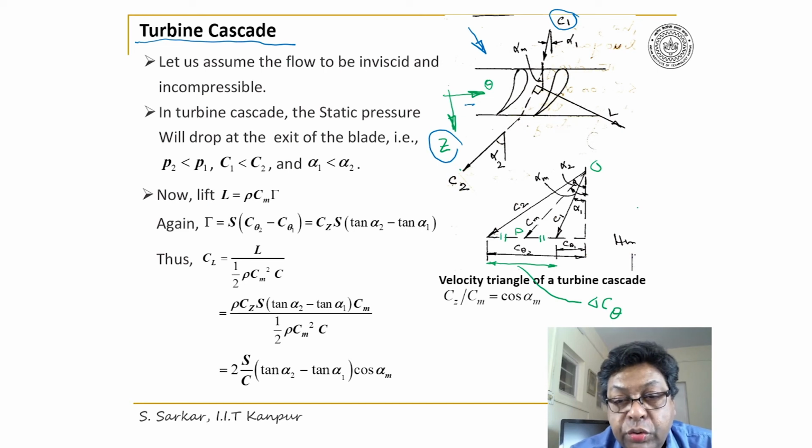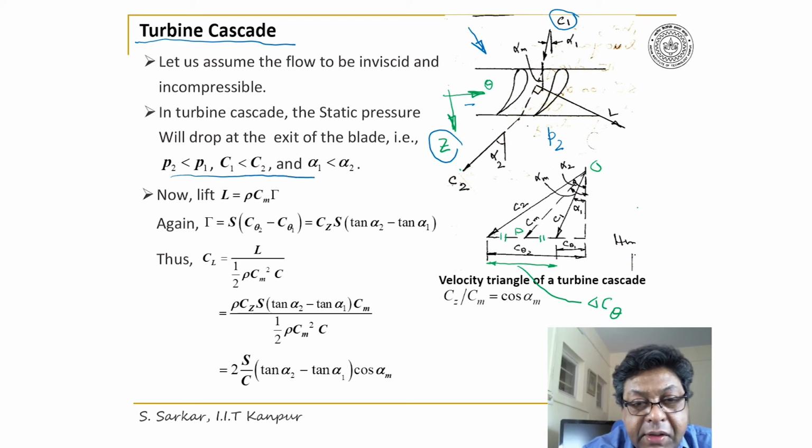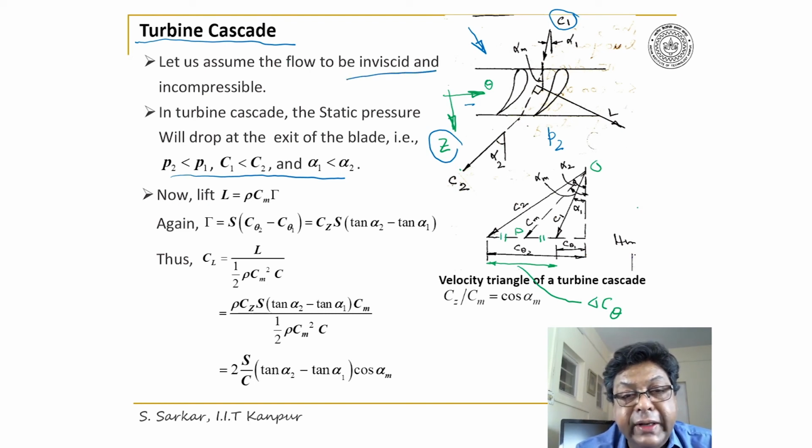But P2, exit pressure, will drop, so P2 will be less than P1. I have indicated here. As before, I have considered the flow is inviscid and incompressible, and thus because of the turning of the flow there will be a lift. The lift generated would be equal to rho Cm into gamma, where rho is the density of air, Cm is the vectorial mean velocity, and gamma is